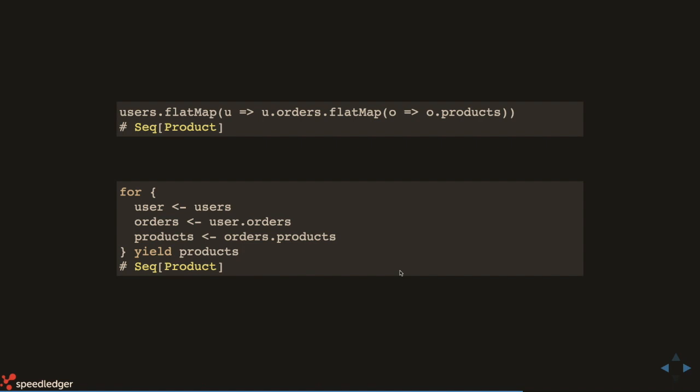And the for comprehension is basically just a flat map. So in this case, we pick the users, and then it takes the first user, and it takes out the orders, and it takes the order, and it picks out all the products. And then it goes back to the start, picks the next user, and all the products for it.